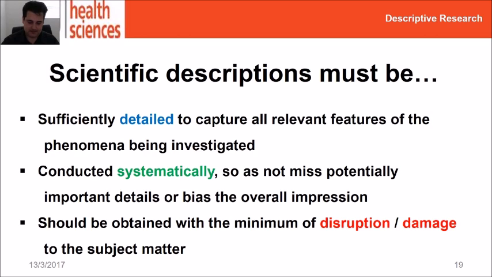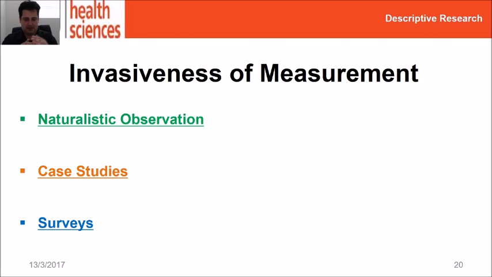So in that spirit, when we talk about the different types of broad descriptive research categories, we usually do them as a little hierarchy. We split them apart based on how invasive measurement is in this context. If we rank them like this, naturalistic observation is the least invasive way of taking descriptive research. Case studies are the second least invasive, and surveys are more invasive than the other two, but come with their own cost-benefit analysis.